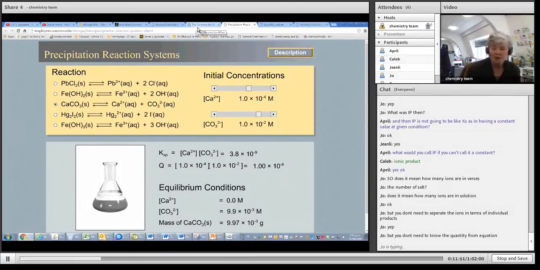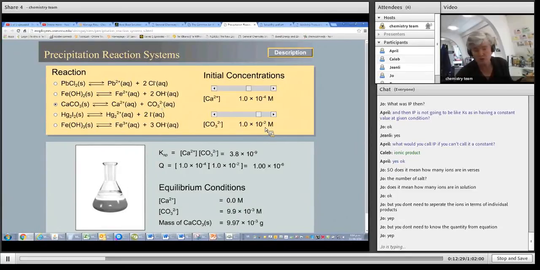You don't need to know the quantity. So you mean the concentration of the ions. They will be given. So for an IP type question, they will give you the concentrations of two solutions. So they'll say, if I mix a calcium chloride solution, which has a concentration of 1 times 10 to the minus 4 moles per liter, with a sodium carbonate solution, which has a concentration of 1 times 10 to the minus 2 moles per liter, will I get a precipitate when I